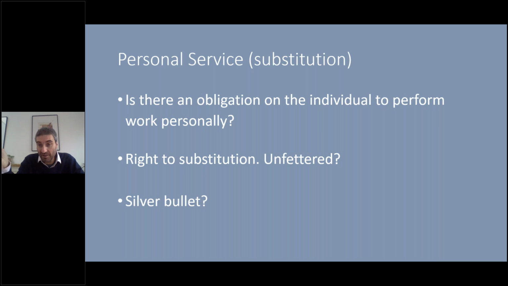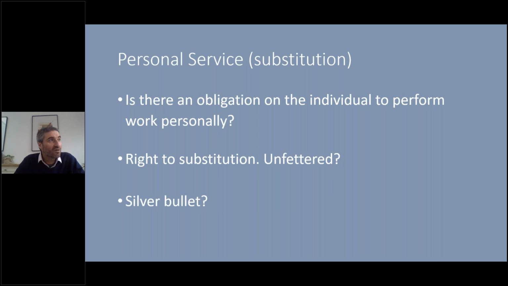So is it a silver bullet? You know, can you send a substitute? Yes, I can. Fine. IR35 doesn't apply. Well, not quite, because HMRC are quite into this word unfettered, which you can see there. So if you have to go to your client and say, now look, would it be okay if I send a substitute? It would really be helping me out. And they say, possibly okay, maybe all right then, that's not an unfettered right. You should be able to simply say, I'm sending a substitute next week, and they go, okay. And of course, in reality, things don't really work like that.